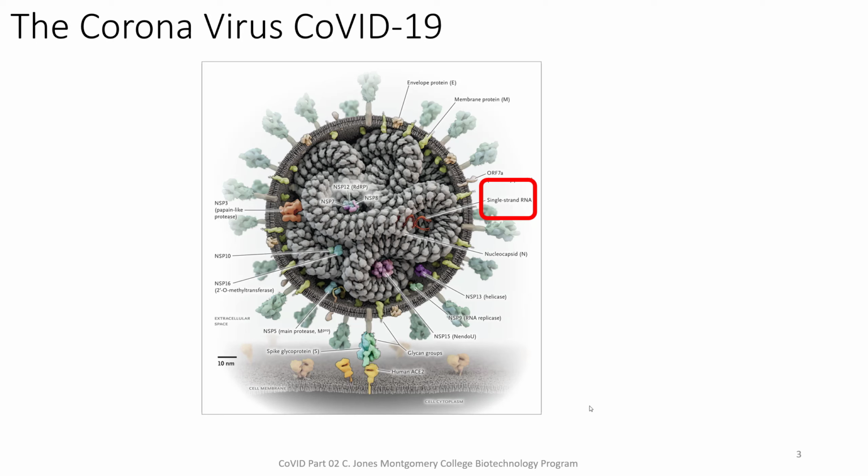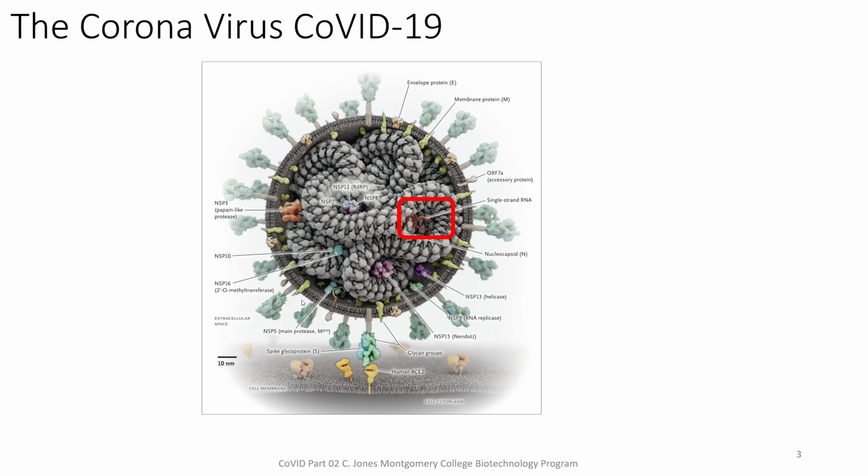So recall, once a virus enters into the cell, its RNA is released, it begins to make copies of itself. So the RNA contains the directions to make all of these proteins that are present inside and outside of the virus. So there's our little piece of RNA. So we use this single-stranded RNA diagnostically, right? This RNA is unique to the coronavirus. So we use that as a way to detect the presence or absence of the virus. We try to see if corona RNA is present or absent.